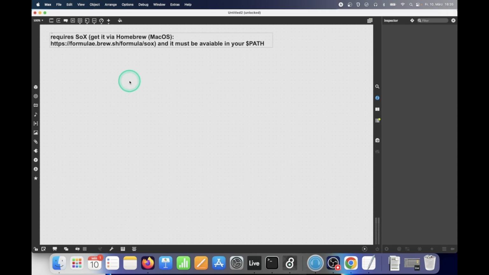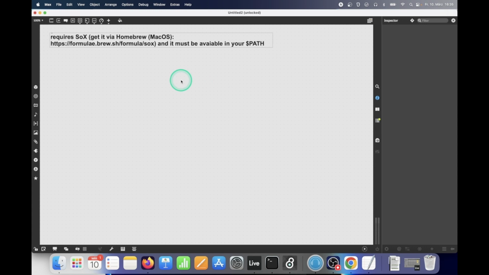And for that, we have a package which requires SoX. And this SoX thing you can get via Homebrew on Mac OS from this URL right here. And it has to be available in your path. And I'll show you when we get to that where you can implement it in the node.script object, or in